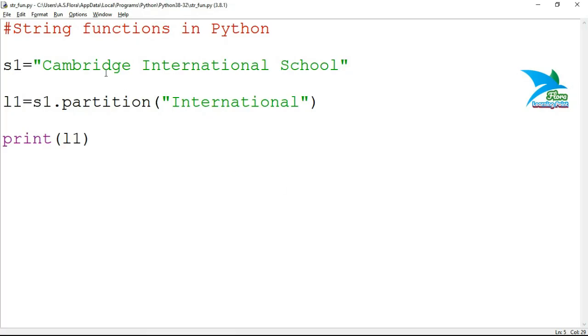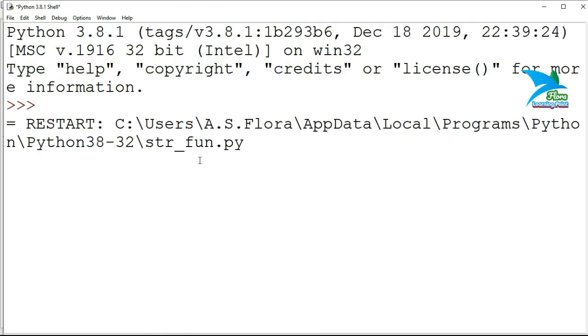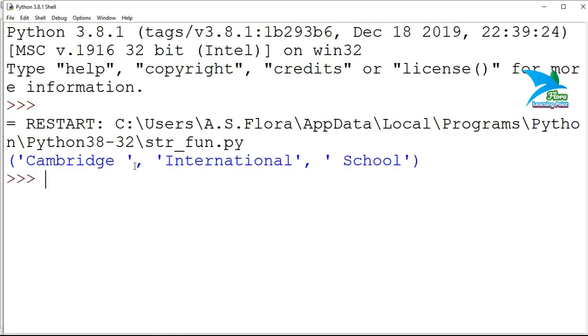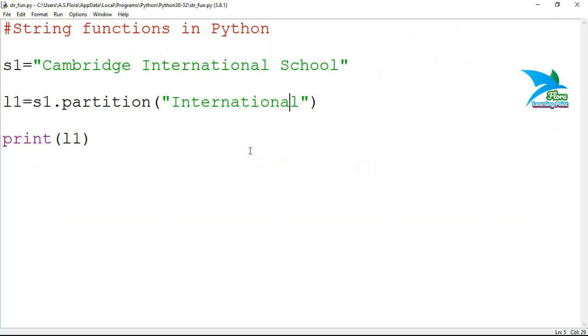Let's demonstrate. Here we are having Cambridge International School, and I have made a call to this function, that is s1.partition('International'), and now you can check the three parts: Cambridge, International, School. You can also make use of any other word. For example, let me show you.